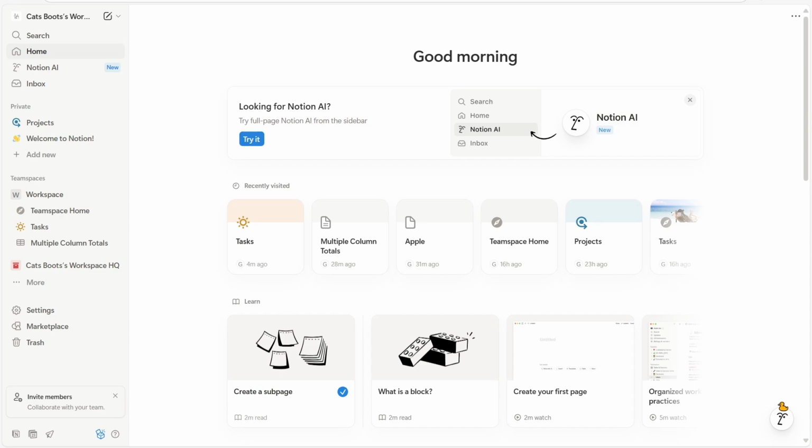In this video, I'm going to show you how to use commands in Notion. Let's get started. After successfully logging in to your Notion account and accessing the homepage, the first